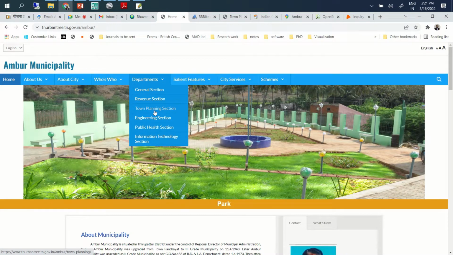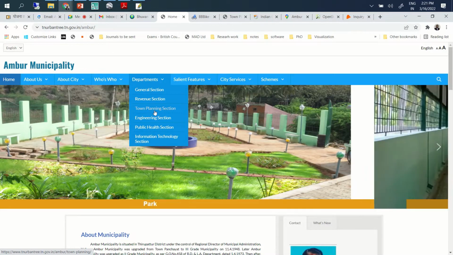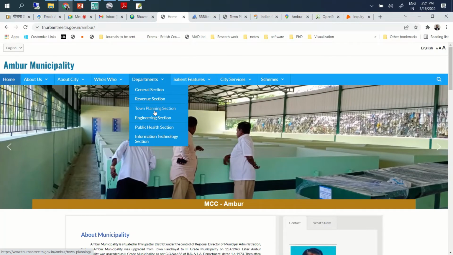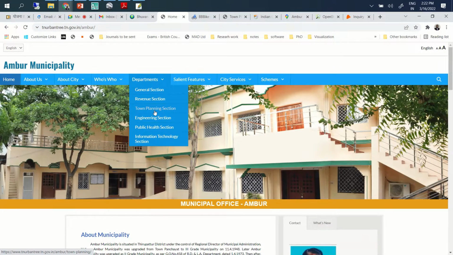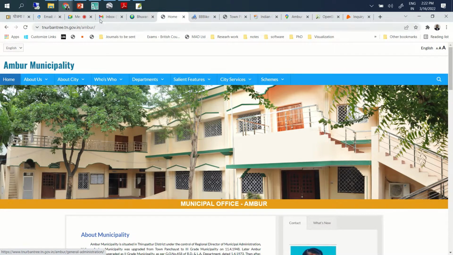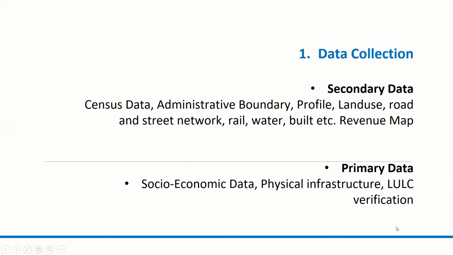So if you go and visit, probably we don't have to recreate many of the things. This information will be of great use for us if you get hold of it.